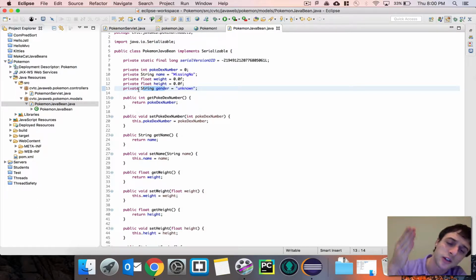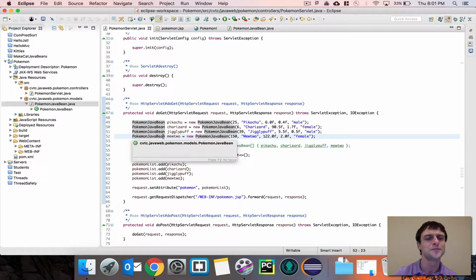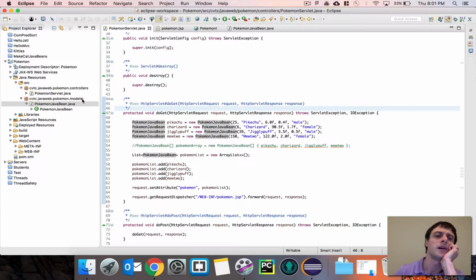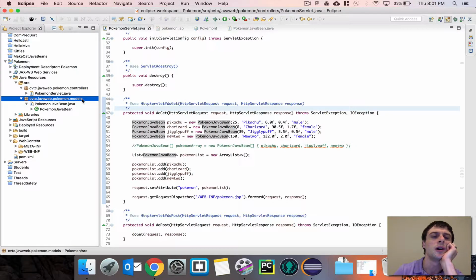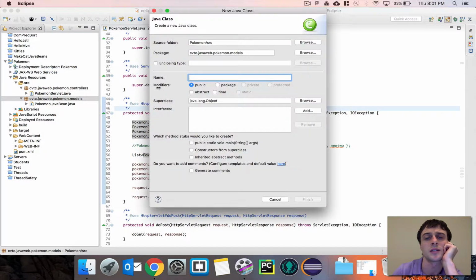We need to tell Java how to sort things, and the way we tell Java how to sort things is with comparators. And so comparators allow us to sort our array lists. So what I'm going to go ahead and do is add a comparator into my models project. Comparators are just classes, and we're going to add a new